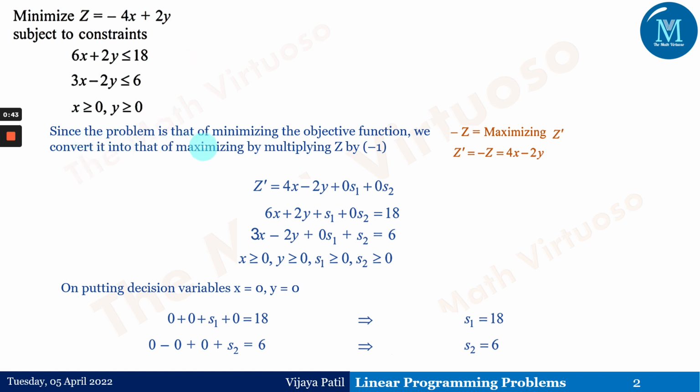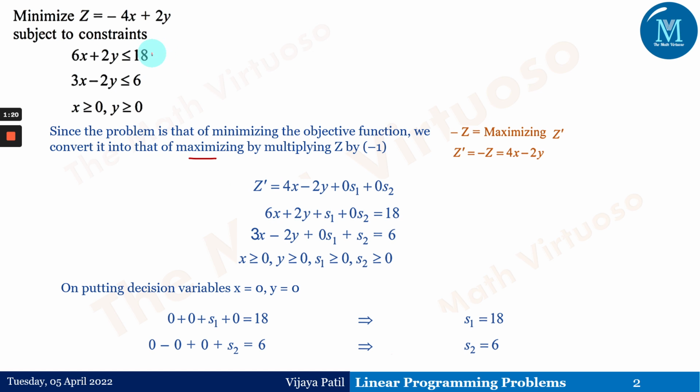Now since the problem is that of minimizing the objective function, we can convert it into maximizing by multiplying z by minus 1. So minus z is nothing but maximizing z dash, or sometimes it is also known as z star. Here we are calling it z dash. Z dash is nothing but minus of z. That is, this minus 4x plus 2y can be written as 4x minus 2y. And therefore, we can write down the standard form as z dash equals